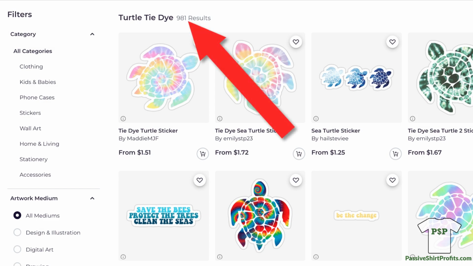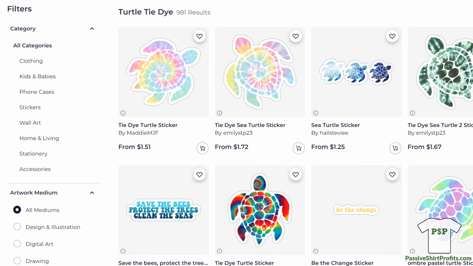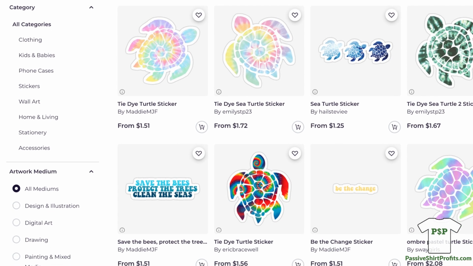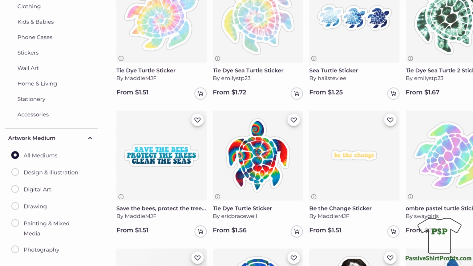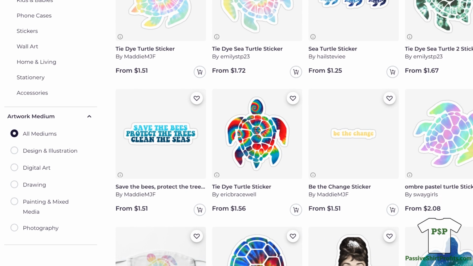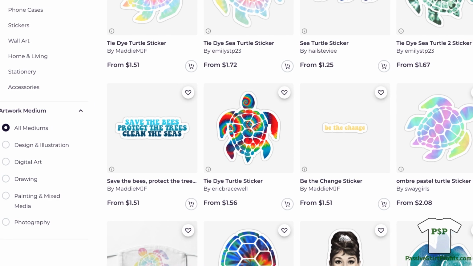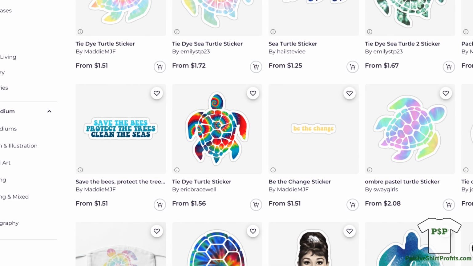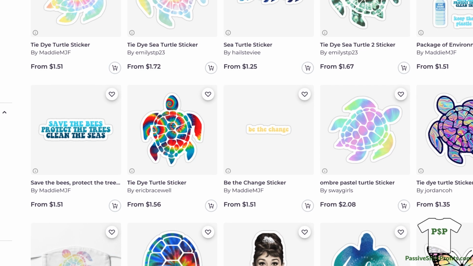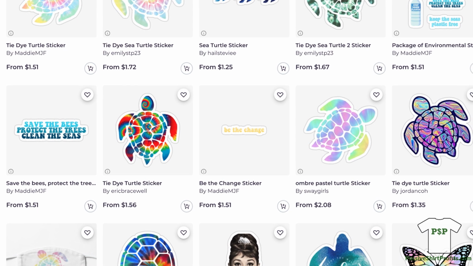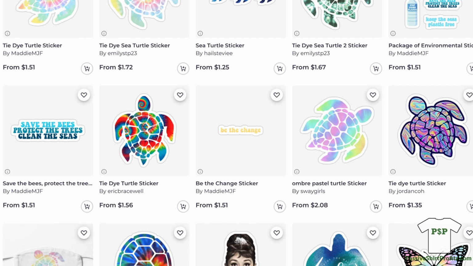Of course, there's no perfect number here. Don't get too obsessed with that 900. The point is, it's considerably less than the 50,000. So consider adding tie-dye to your design idea and your keywords so you can give your turtle design a chance to get seen. In other words, if you're not just competing with the turtle or generic animal and all these other generic phrases, you're giving your design another keyword it can be found for.